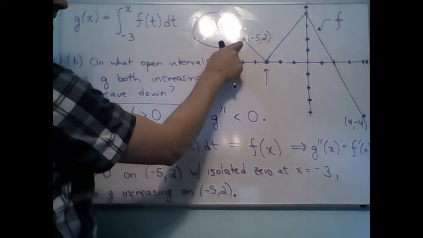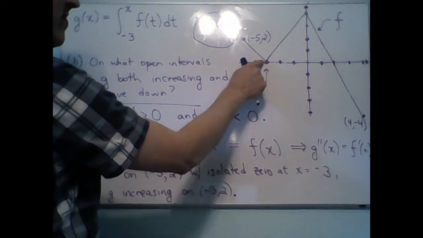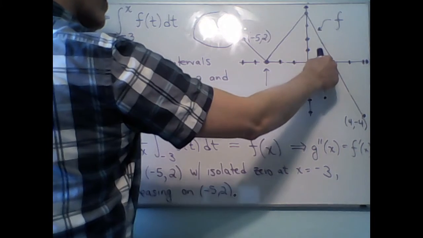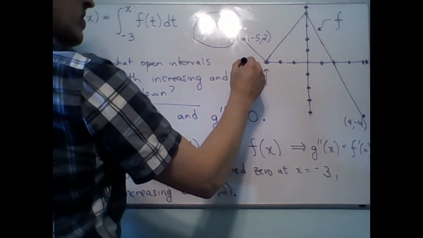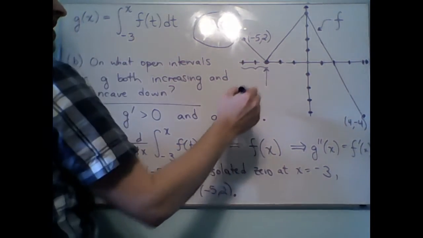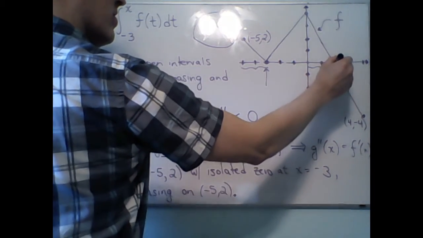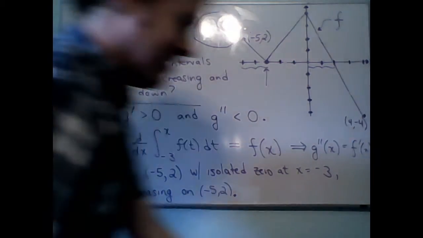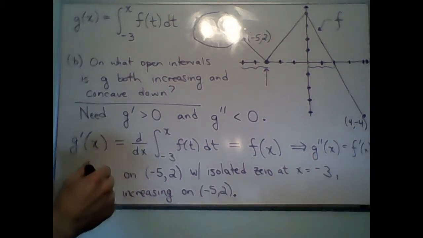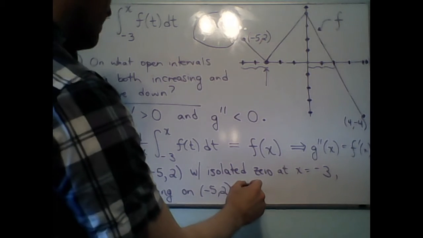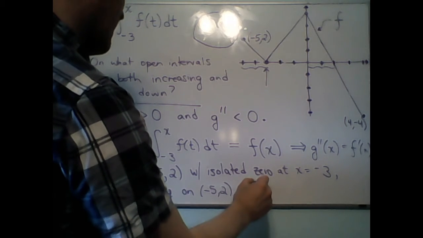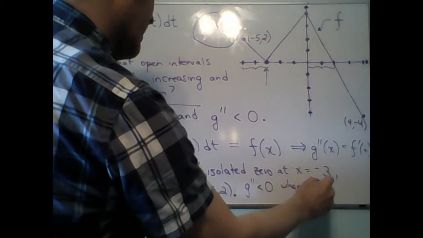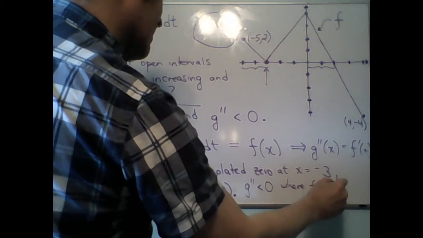Here, my graph of f is decreasing, so f prime is negative. Right here, f prime is positive, and right here, f prime is negative again. So the intervals where f prime is negative are here and here, and well, also there, but that's not part of the place where g prime is positive. I've run out of room, so I'll just write here g double prime is less than 0 where f prime is less than 0,